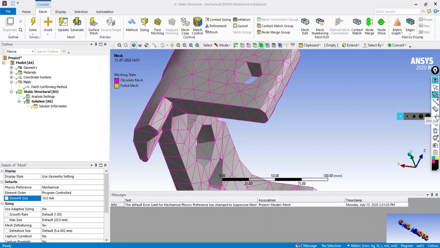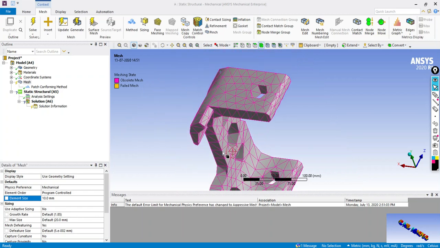Element size function. This element size function is used for the entire model. Growth rate.